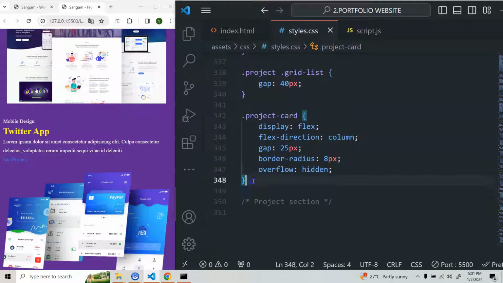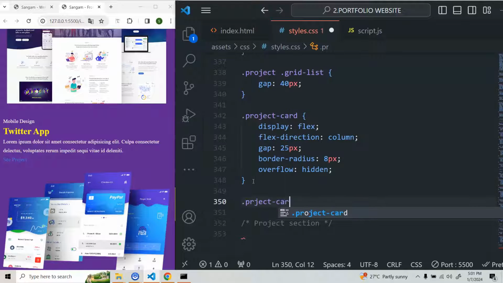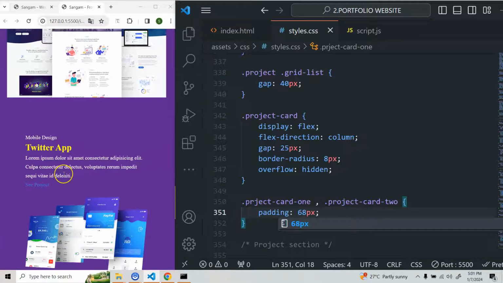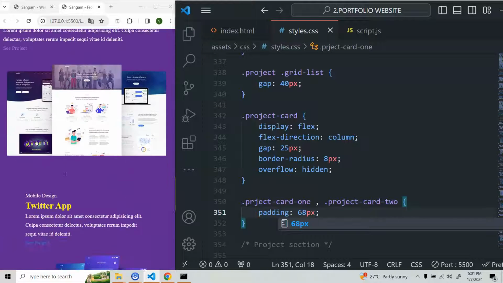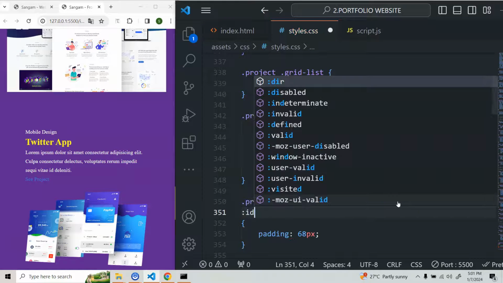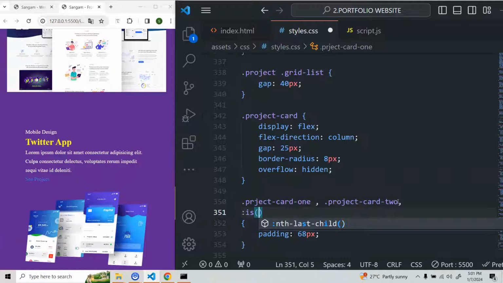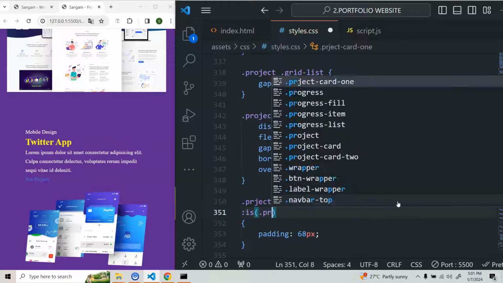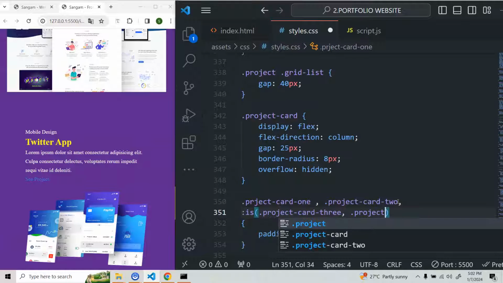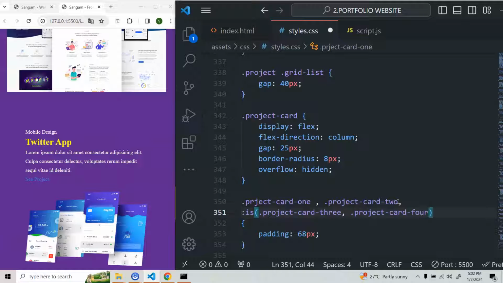Alright, then we'll do project card 1 and also do dot project card 2. Alright, so here we'll do a padding of 68 px. Now next what we are going to do, we are going to use another selector which is called the ease selector. So it will basically select all the elements that you are going to use inside of this. So I'm going to do project card 3 comma dot project card 4, which is the last one, and then